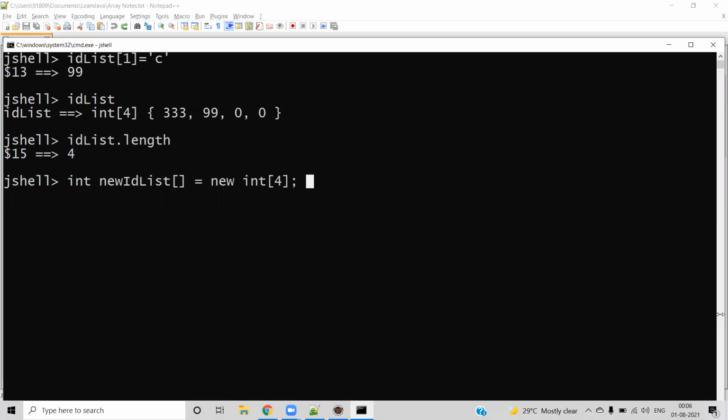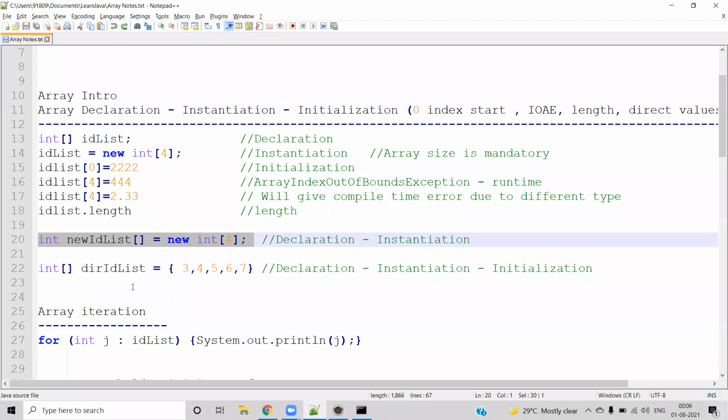But generally the naming convention is that the array symbols should be after the data type. To be consistent, we will keep them here. Here you can see the new array has been created. So in a single step, you are declaring and the instantiation also happens.